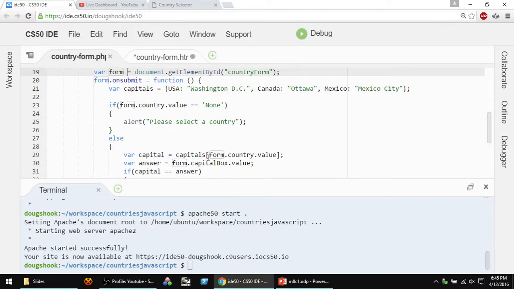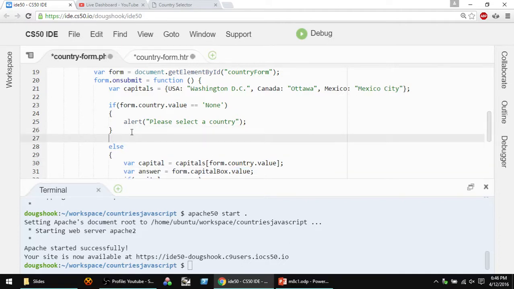Since I'm using the value of this box here, my validation has to happen before this. If they leave it blank and I try to do this, then it's too late. I've already used a weird value. So I want to validate before this. So I'm going to introduce a new condition. Else if,